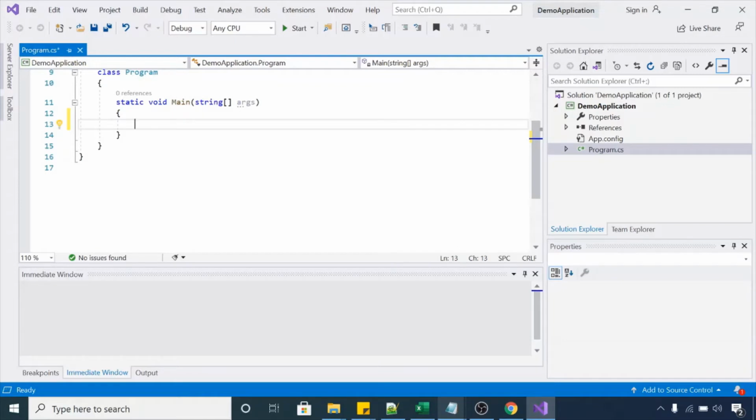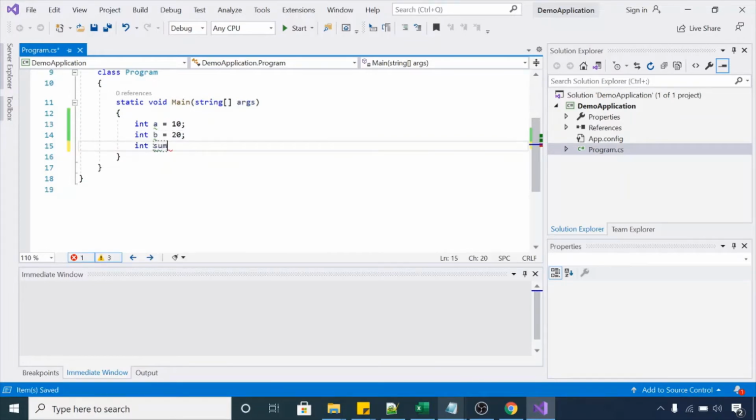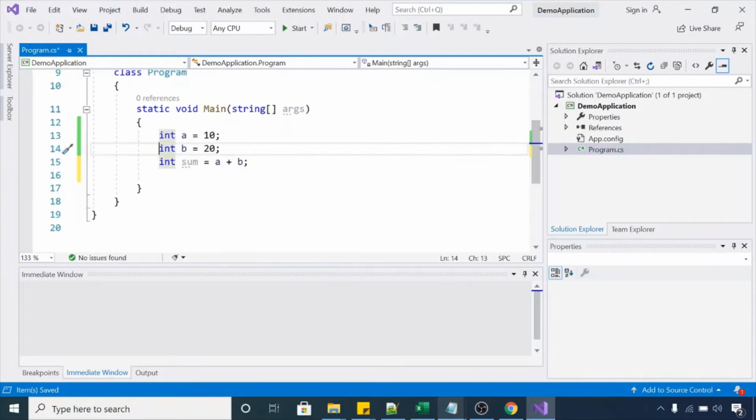We just add two numbers. Let me create int a equals 10, int b equals 20, and int sum equals a plus b. Okay, let me put breakpoints here.